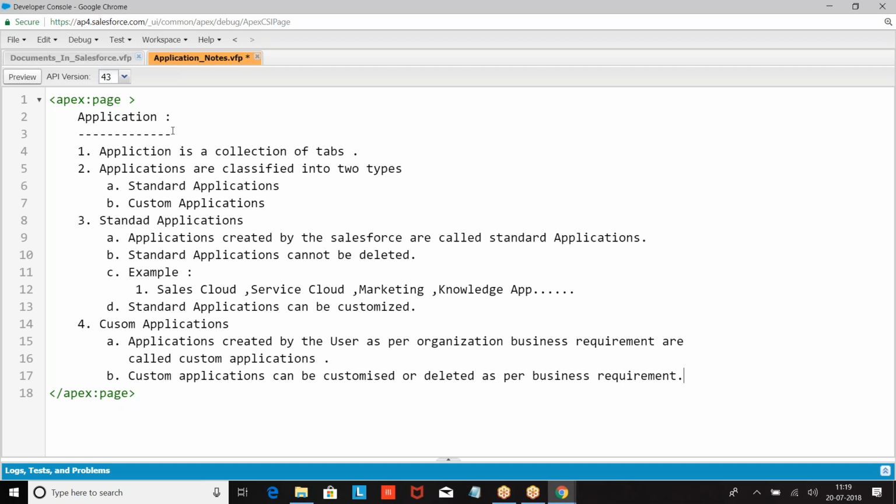Custom applications can be customized or deleted as per business requirement.